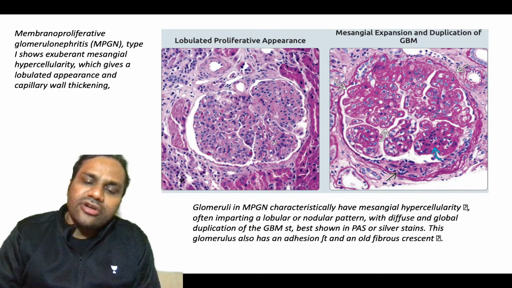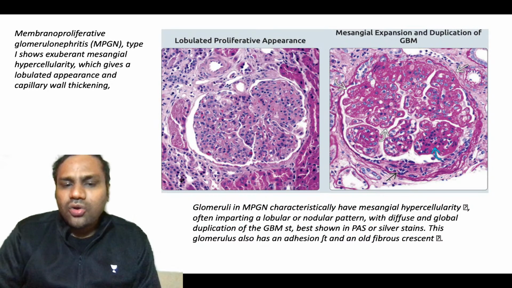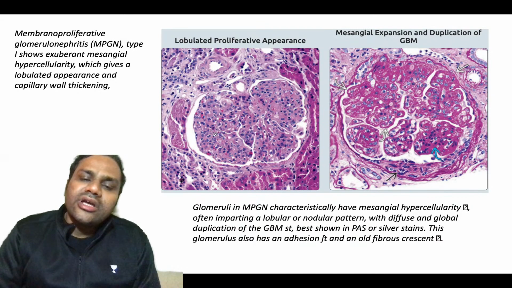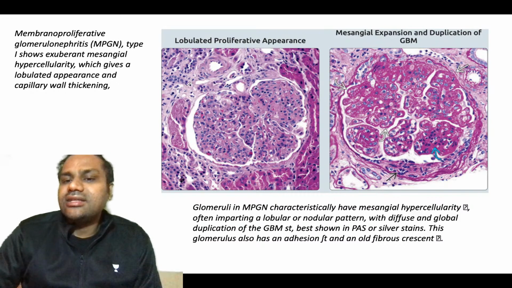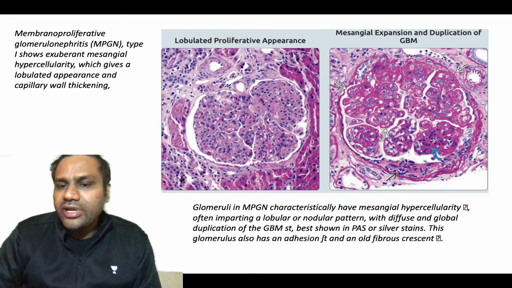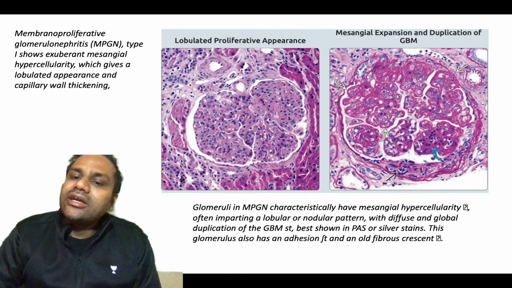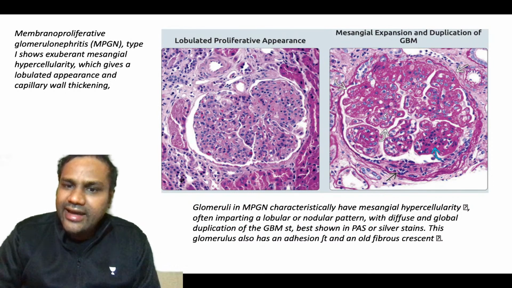So most of the capillary loops have been infiltrated or closed by the cellularity. So cellularity has increased. There is a high amount of intracapillary mesangial cellularity in this case. Then on this side you can see duplication of the membrane. So the membrane has duplicated. Mesangial cell interposition between the GBM and the endothelial or visceral layer is what you call duplication of the membrane.